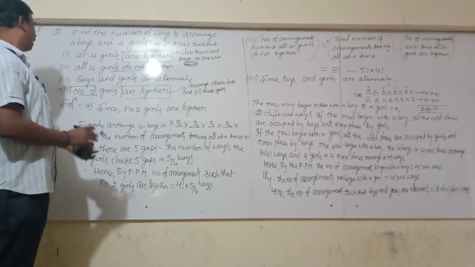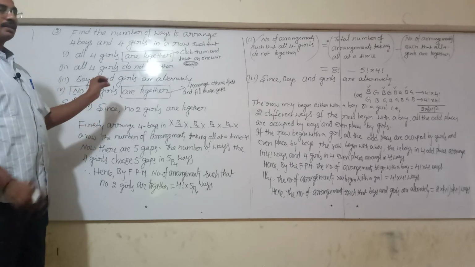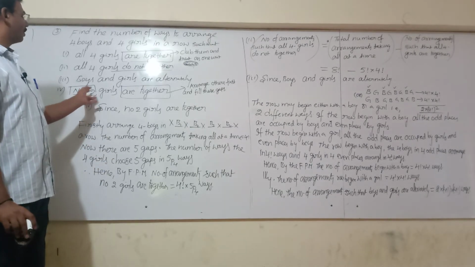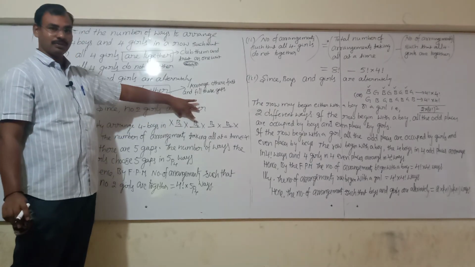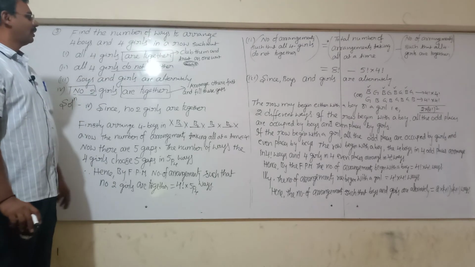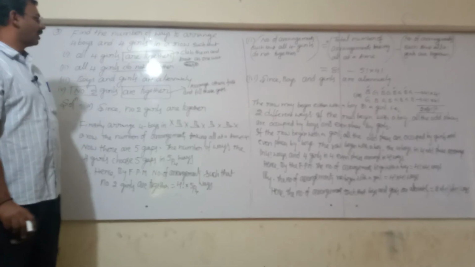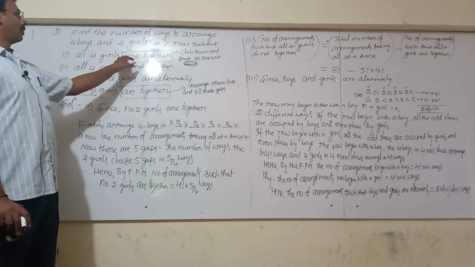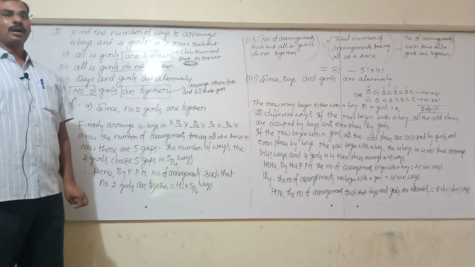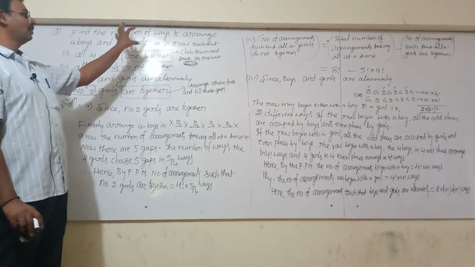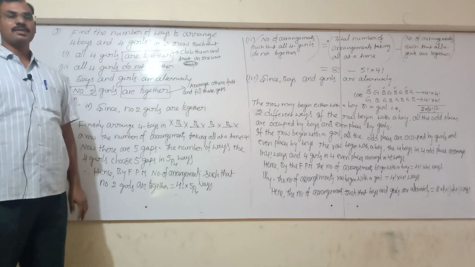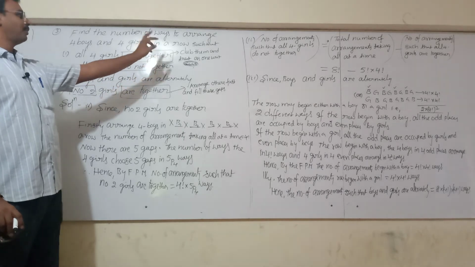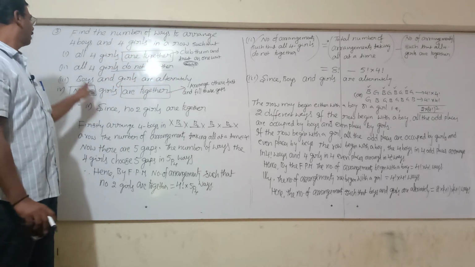So no two girls means no two girls side by side. Two boys side by side is possible here. So this is the model. Practice this model, all of you, then we can easily understand the next 2 problems. First question: all 4 girls are together. All 4 girls together means what to do? Club them and treat as one unit. The word together is very important.